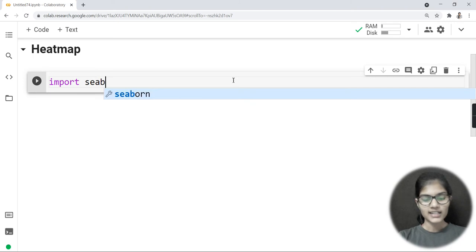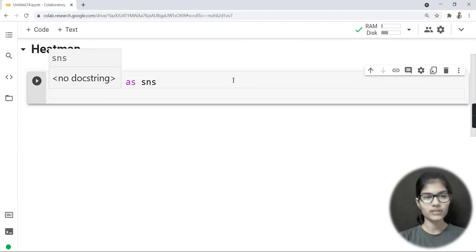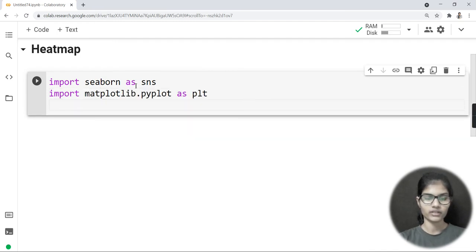So my first step is import seaborn as sns. Firstly, I am importing my Seaborn library and giving it a short form, sns. Second, I am going to import the second library, matplotlib.pyplot. Fine.